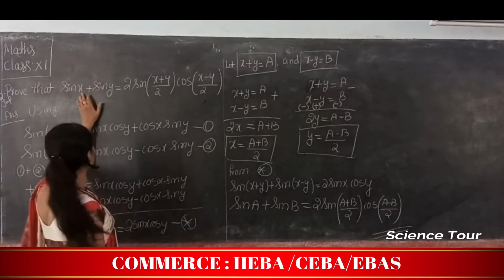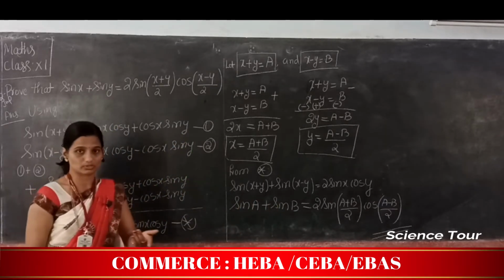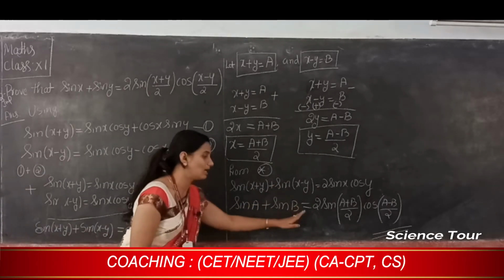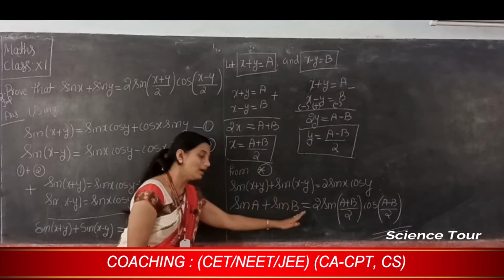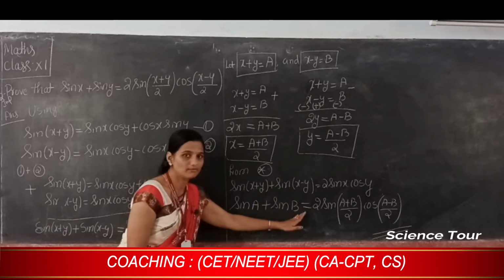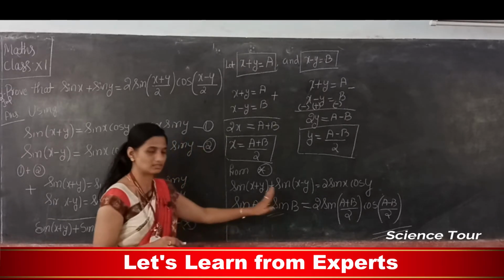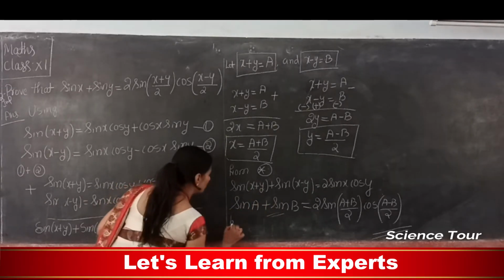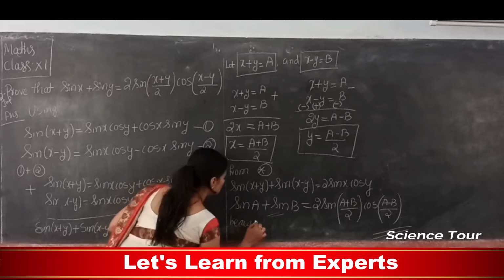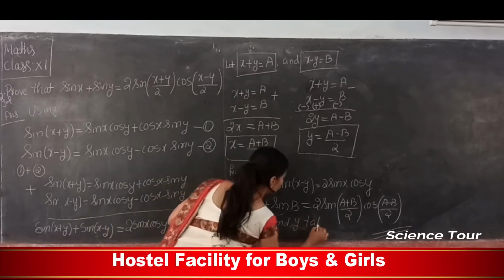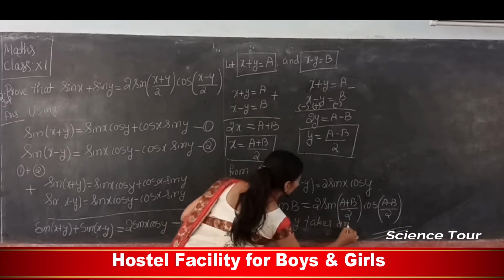So our x and y are real values, means they take any real values, so we can replace x with a and y with b. Understood now? So hence this is the proof. Here we can write, because x and y take any real values.